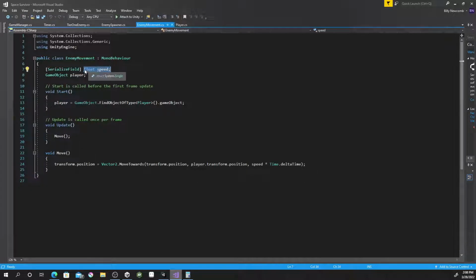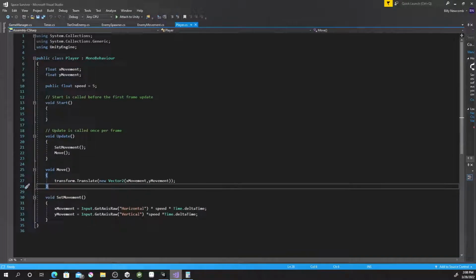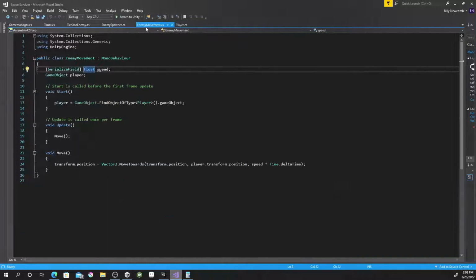So instead of just having float, like I did on the player script with X and Y movement, these two you can't see in the inspector window, but this one you can, because it's a serialized field. You can also do that with public, but with public, other things outside of this script can